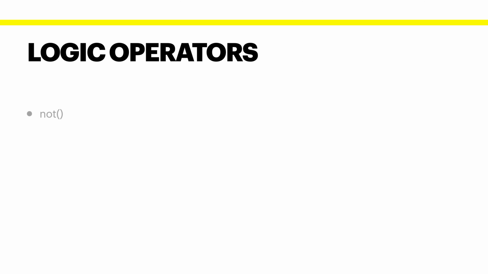So the first operator is the NOT operator. If the input is true for this NOT operator, then the result is false. Similarly, if the input is false, then the result is true. The second operator which we have is the OR operator. And this OR operator takes in two Boolean values and produces a new Boolean value. The output of this OR operator is true if any one of the inputs is true, and the output is false if and only if both the inputs are false.